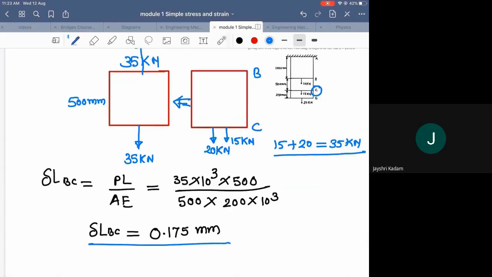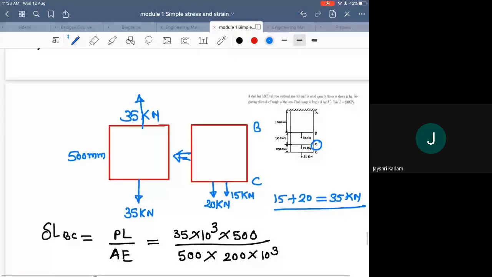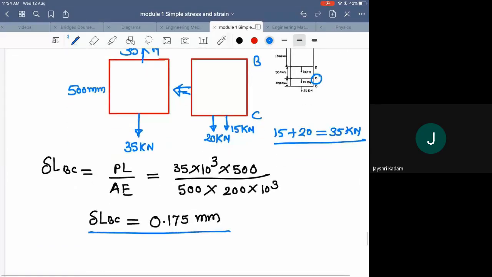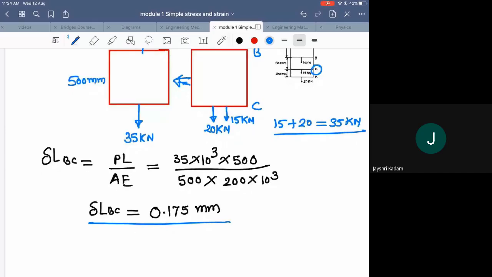Okay, no problem. Now, 17 mm, no. You made a mistake while calculating. Just calculate once again. It is 0.175. This kind of 17 mm extension will not be there. Extension will be very small in amount, 0.17, or sometimes 1 mm or 1.1 mm or 2 mm. Remember, extension will be very small, 5 mm, 3 mm. 17 is a large extension. So just calculate once again if you are not getting the answer. So delta L for BC is 0.175.